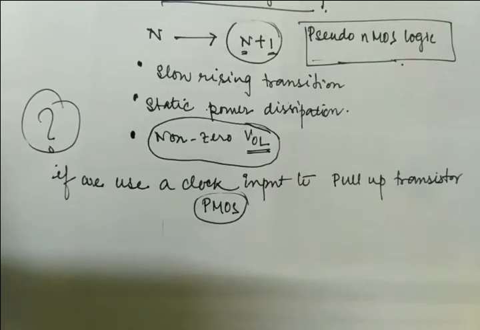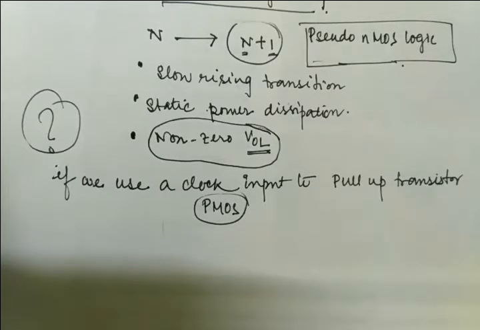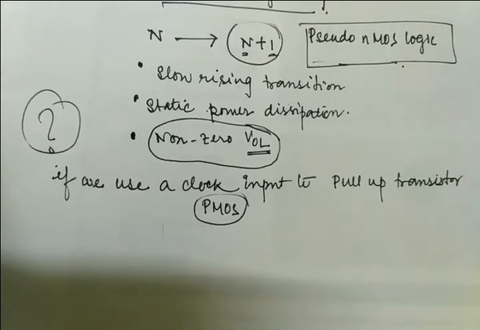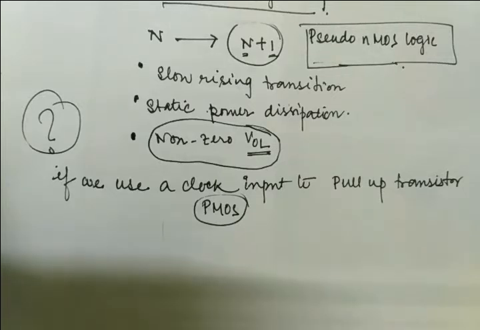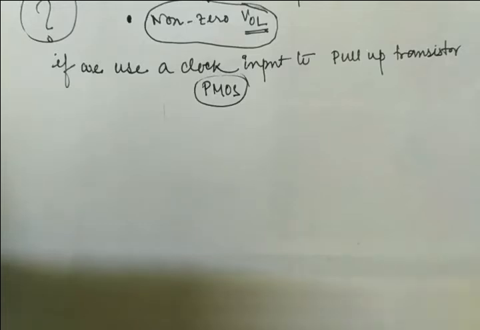And before going to the dynamic logic circuit, I must say that there are two kinds of dynamic logic circuit. One is footed and one is unfooted. Now, what do you mean by footed? What do you mean by unfooted? That will be clarified in today's discussion, right? Okay, so let's come to the very important point of the dynamic logic circuit.